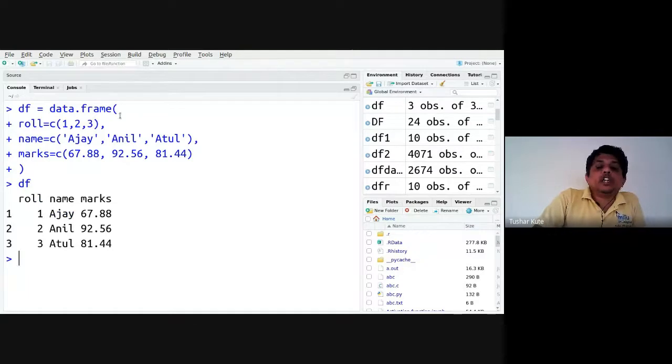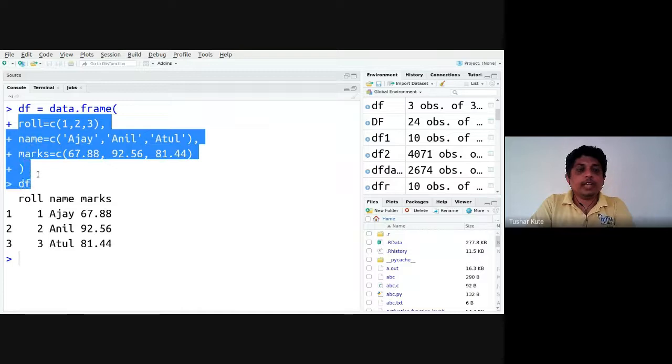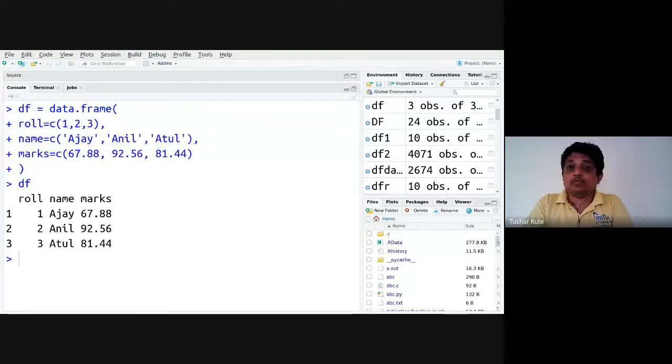Data.frame is a function which is used to create this. And when you import the data, that time also we can use the data in this respective format. When the data is in a CSV file or Excel file, we read it, and that data will be stored in data frame format. Many functionalities and applications on the data frame are possible. Many functions and methods are present that we can apply onto the data frame step by step.